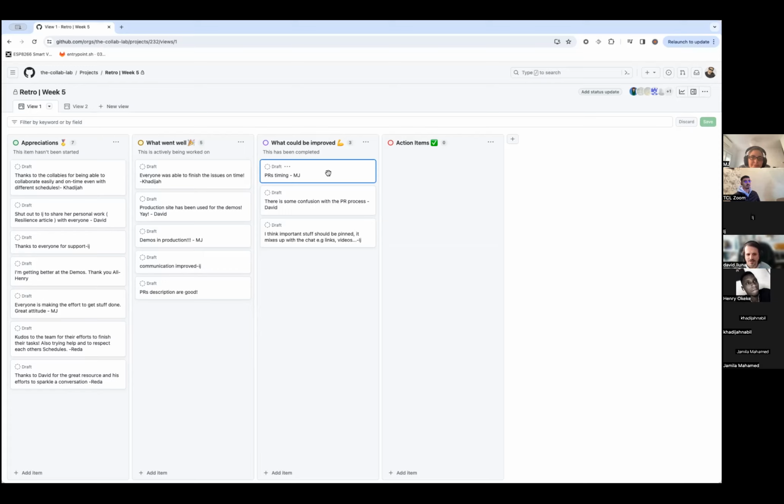The next one is mine. So there is some confusion about the PR process. You need to wait for mentor review before you can merge to main. This is also because it's what you are going to encounter in the real world. So let's try to stick to the process and be more